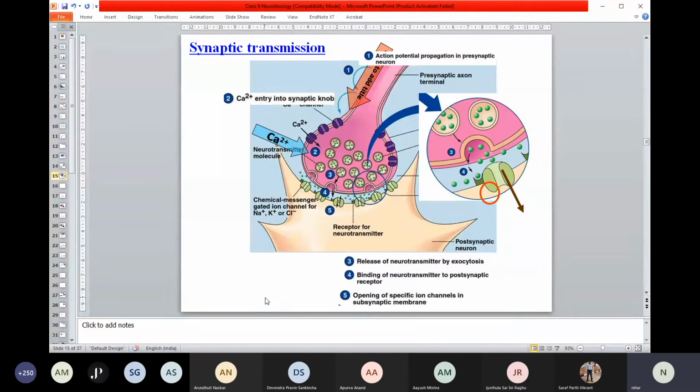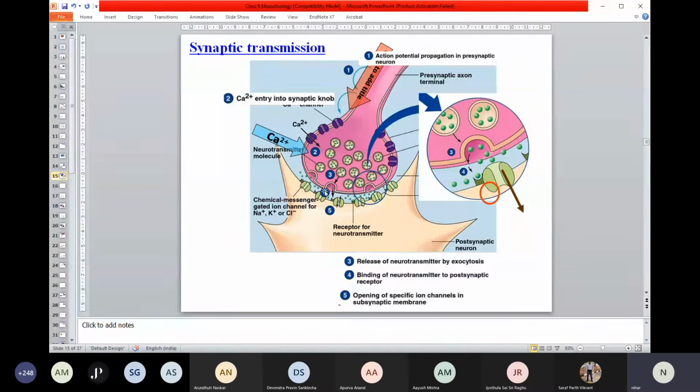I'll just give you a flow chart so you can see here. Anyway, you will have the slides. If you use slideshow mode, you will be able to see systematically how the information goes from one neuron to the other neuron. I cannot show it in PowerPoint mode, so I'll just try to explain this.